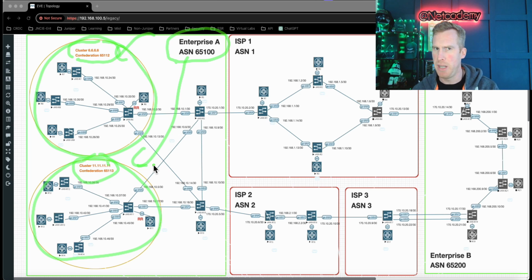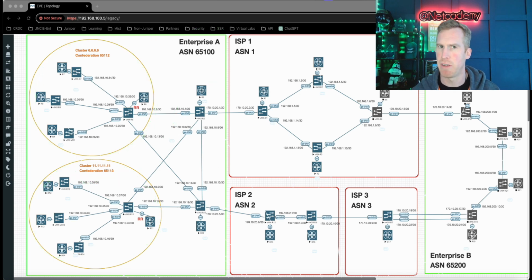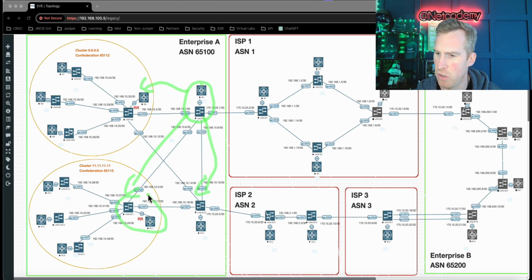So the benefit of having these confederations is, if we look at it again from this router's perspective, it doesn't need to build adjacencies to all those routers in the confederation. It only needs to build an adjacency to this router here, to this router here, and to this router down here. That's it. And because I've configured these two routers here as route reflectors,